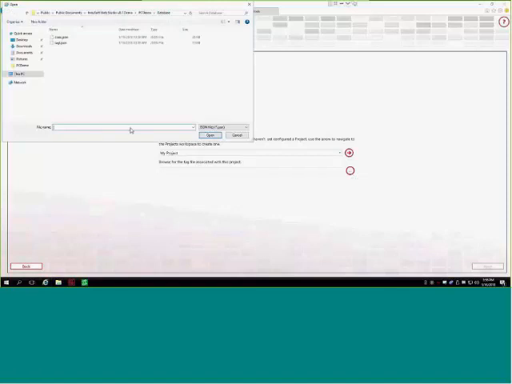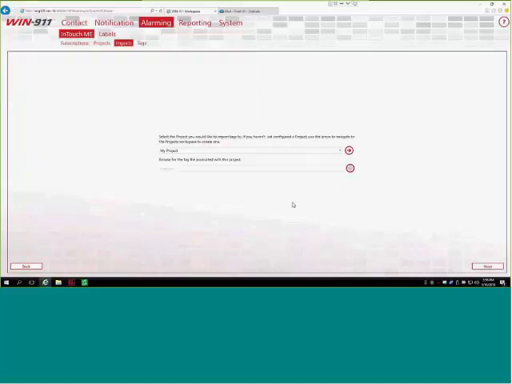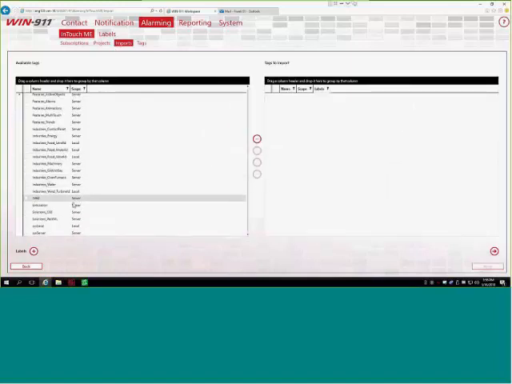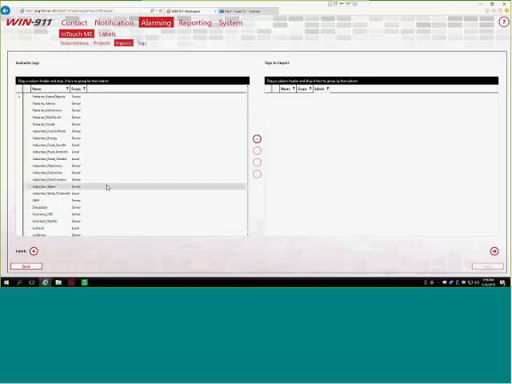So you browse to your tag file within your database folder for your particular project. You open it, it'll scan it for tags. You click next. It'll give you a list of the tags here. I think I wanted to do one of these food ones, I know will work for what I want to show you guys. So I'll choose those tags. If I wanted to add labels to them, I could, but I'll move those over,